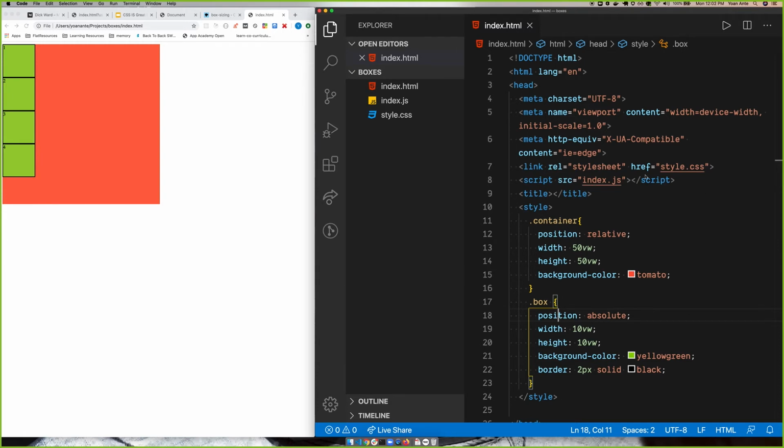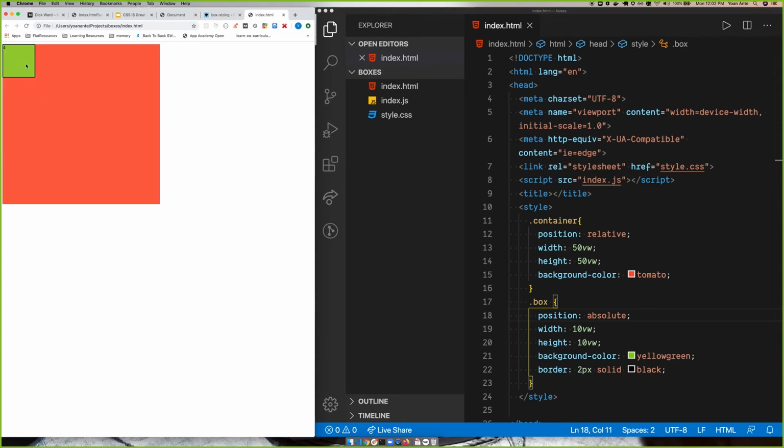This position absolute, what it's saying is that I want to position all these boxes absolutely relative to this container that we have here. So by doing this, all the boxes are going to collapse and come to this left corner over here. So if we refresh the page, now they are all sitting at the corner. So now we can move our individual boxes anywhere within that container